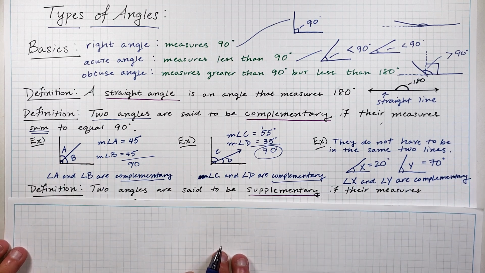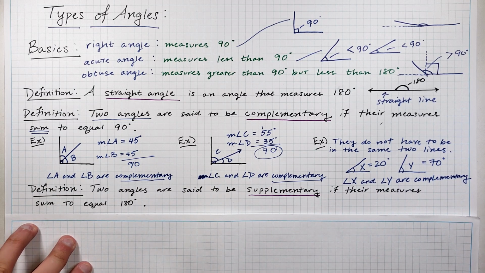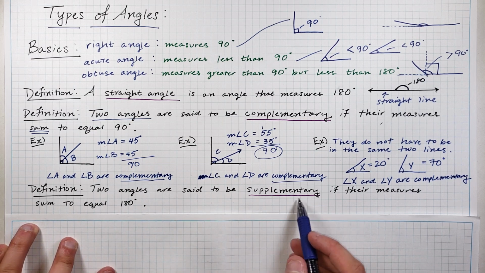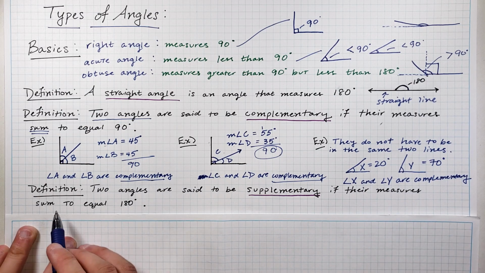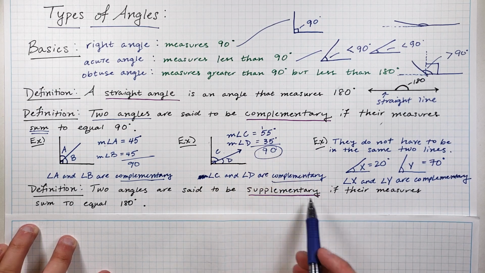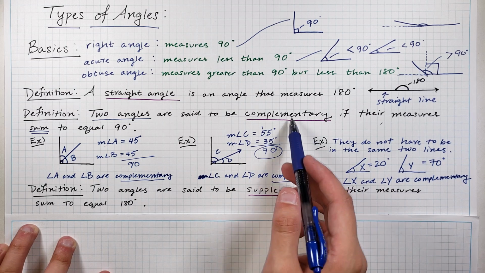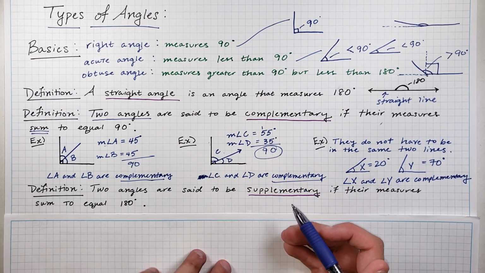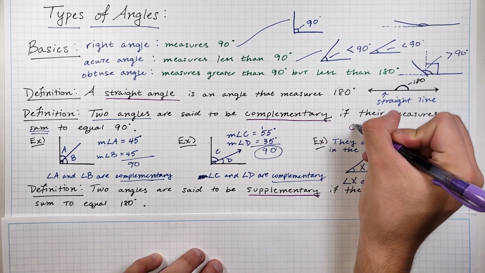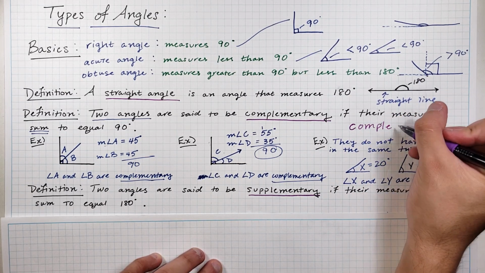All right, so let's look at this next one. This next one is called supplementary. Definition: two angles are said to be supplementary if their measures sum to equal 180. So instead of summing to equal 90 degrees, we're going to sum to be 180 degrees for supplementary. An easy way to remember which one is which is if you do this. If you take the word complementary,